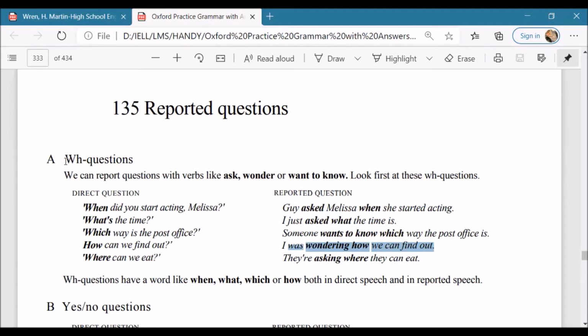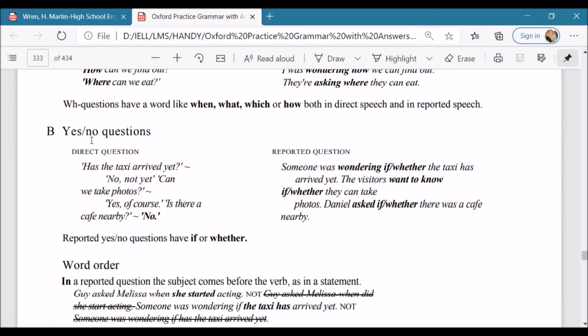Okay, so when we're talking about WH questions, there could be different types of questions as we all know. One way could be using WH questions, then we can have yes or no questions, where we move the verb of the sentence to the beginning. For example, are you all right? That's another question. We don't have a WH word there. So there will be different rules for different types of questions. For WH questions, this is how we make these sentences.